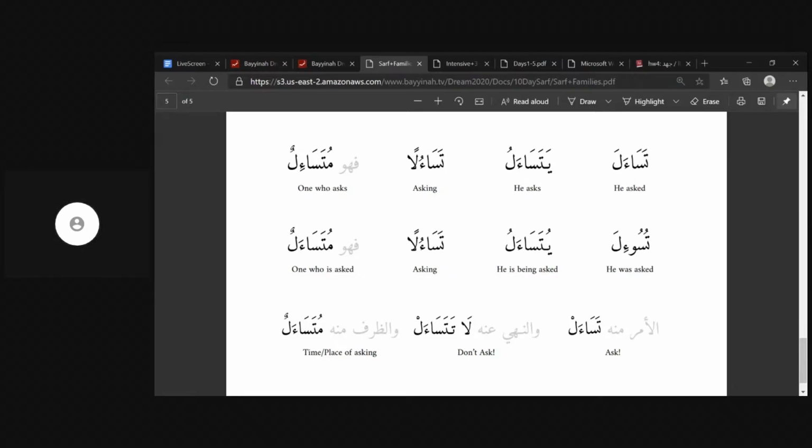Here it's tasa'ala, and we're just plugging in the root letters. Tafa'ala, tasa'ala, ta'awana. We could plug anything into it. Tajahada, right? We're taking the roots and plugging them into the shape. That's what we mean. So the contents are the root, and we're just plugging it into the shape. And then the same thing would be true here: yatasa'alu, yata'awanu, yatajahadu, yatafa'alu. So that's just briefly what we mean by content and shape.